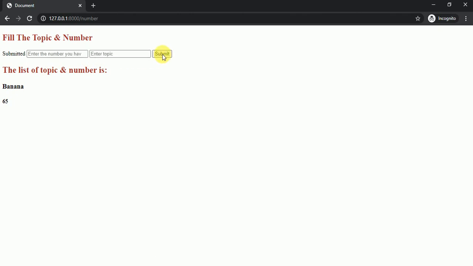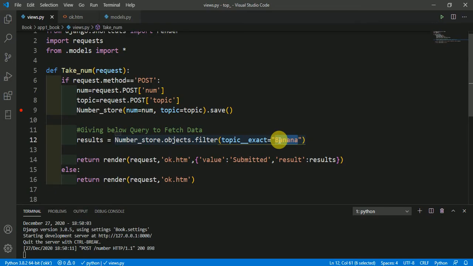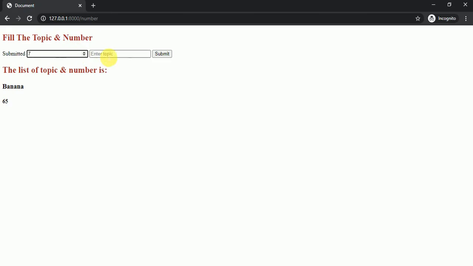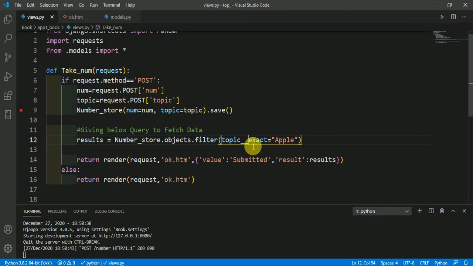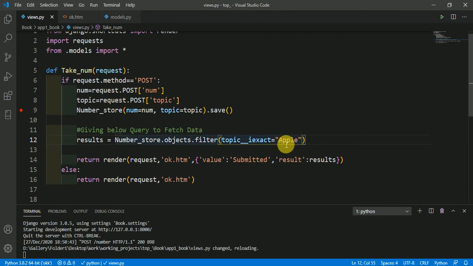Okay, it is giving the topic which is exact, which we have written in our query, which is banana. Now write apple here, save it, 7. You could see apple here.